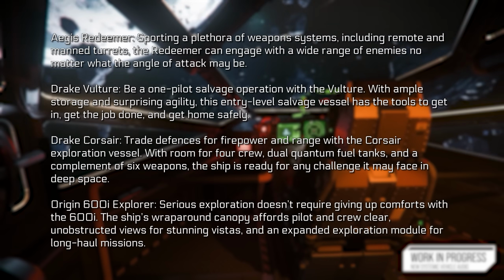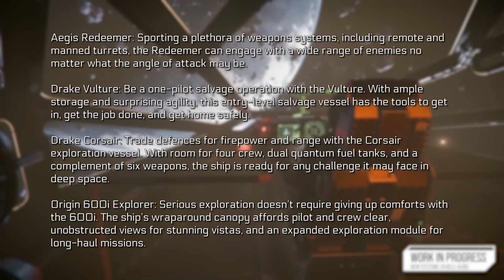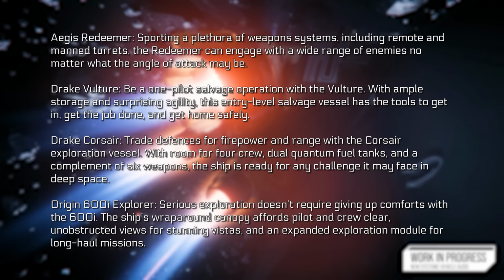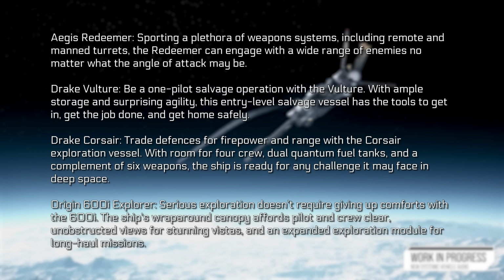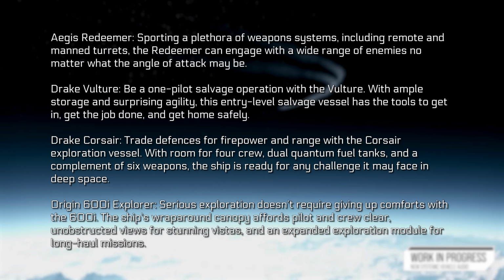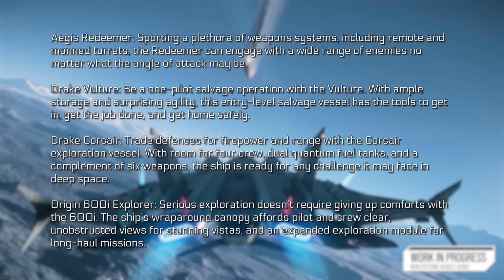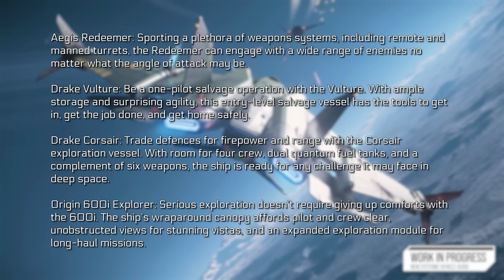Aegis Redeemer. Sporting a plethora of weapon systems, including remote and manned turrets, the Redeemer can engage with a wide range of enemies, no matter what the angle of attack may be. The Drake Vulture. Be a one-pilot salvage operation with the Vulture. With ample storage and surprising agility, this entry-level salvage vessel has the tools to get in, get the job done,